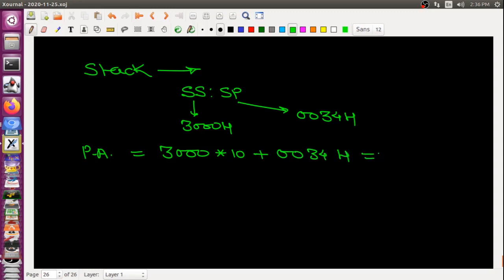So the physical address will be 30034H. So this is my physical address.